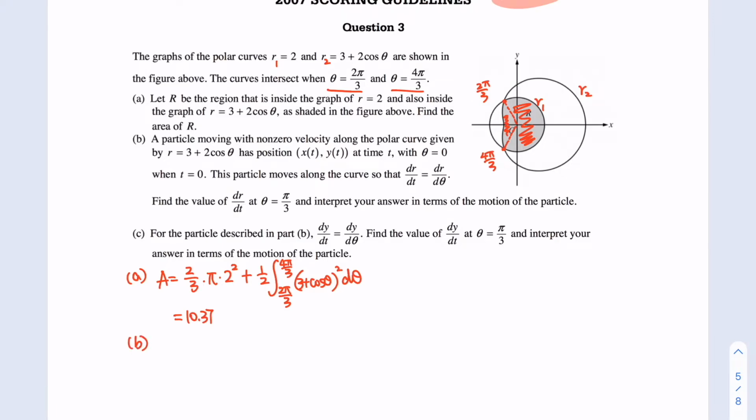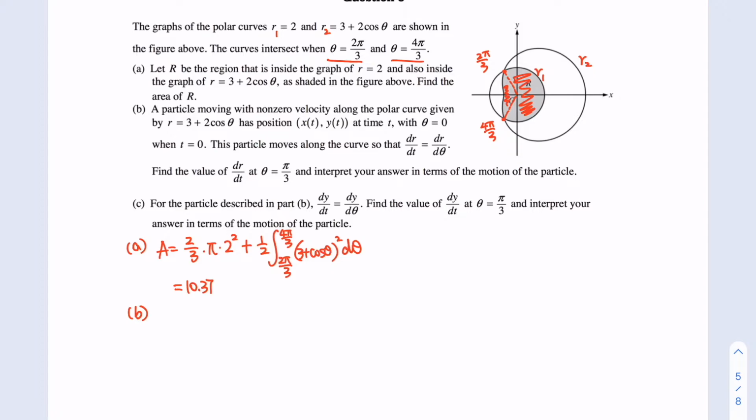Part B. The particle is moving with nonzero velocity along the polar curve given by this, the position at time t. Given dr over dt equals dr over d theta, find the value of dr over dt at this point. So dr over dt at theta equals π/3, based on the given condition, equals dr over d theta at this point. You can directly plug this into your graphing calculator, and it gives us negative